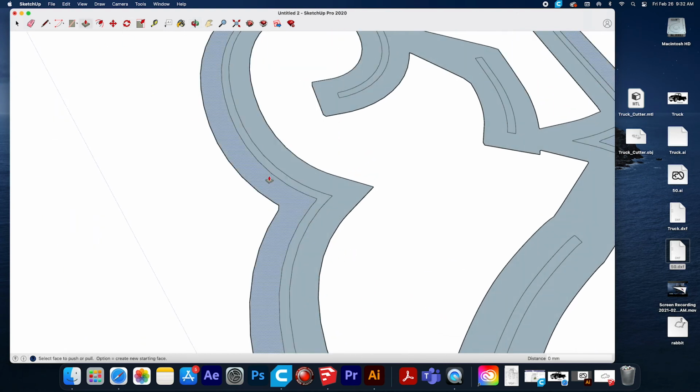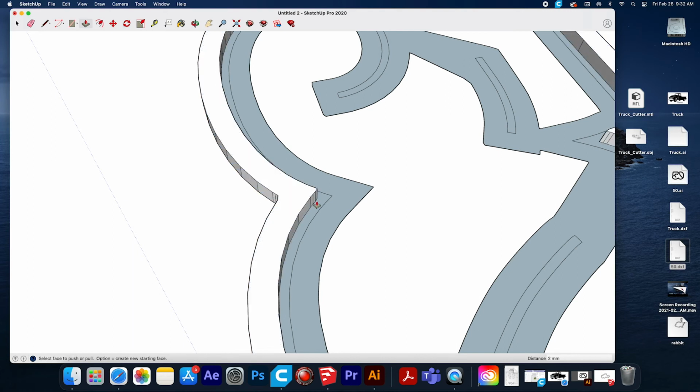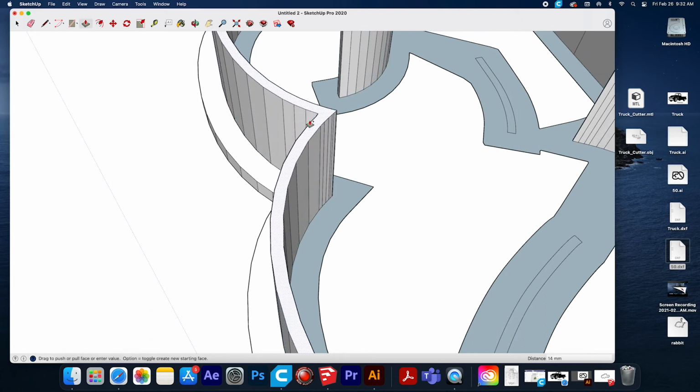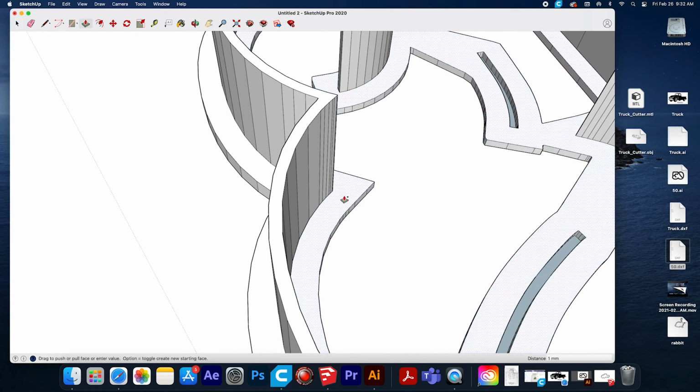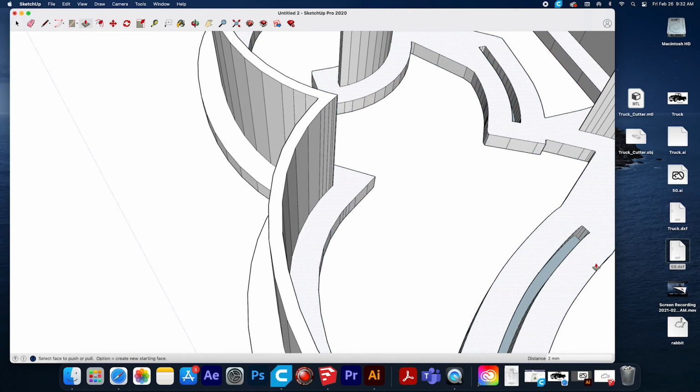I'm going to make sure that I press the Alt key, 1, 2, Alt key, make sure you get that plus, otherwise the model's going to be messed up. 16 plus, hitting that Alt key, 2 millimeters plus,